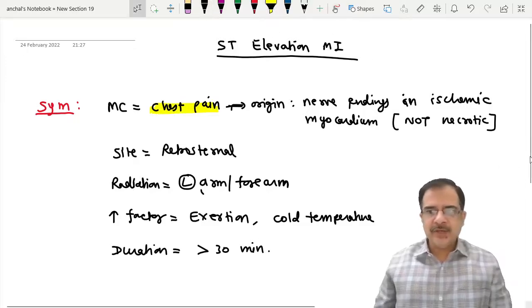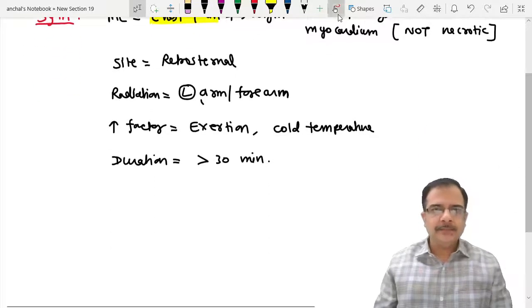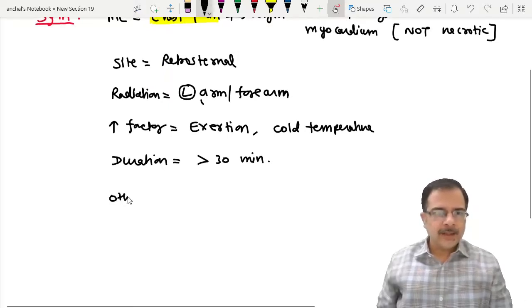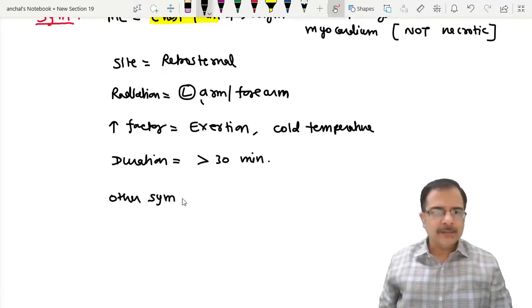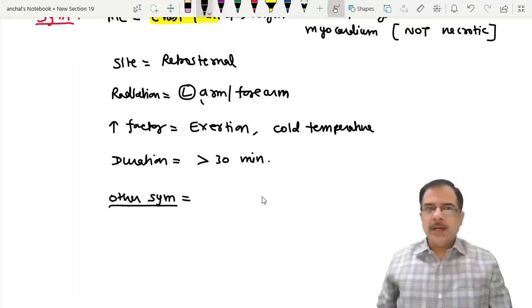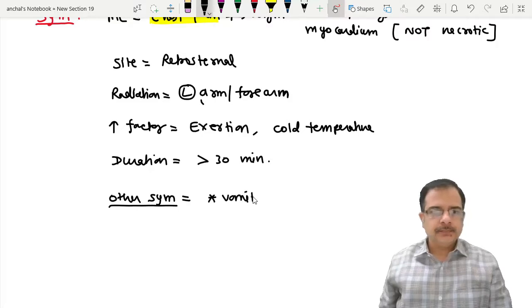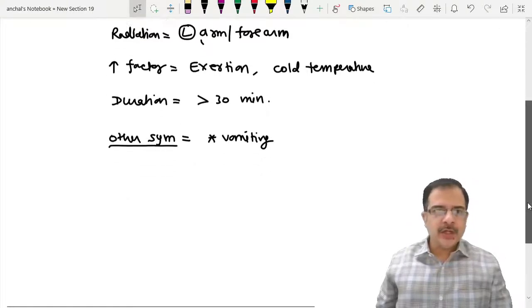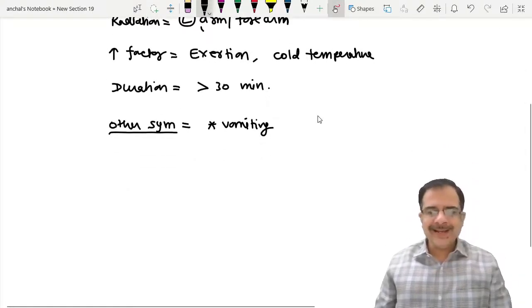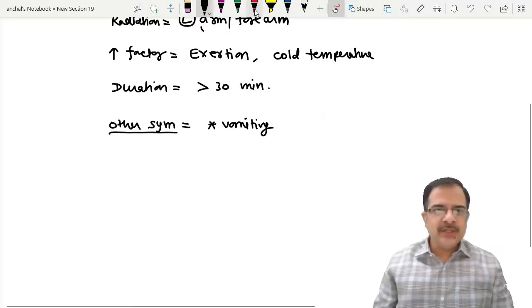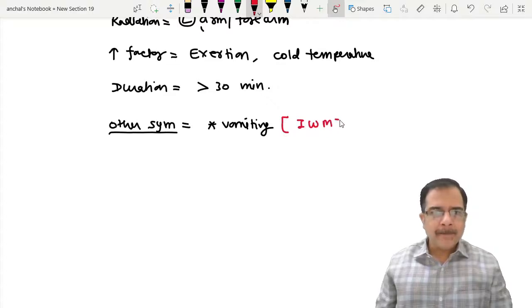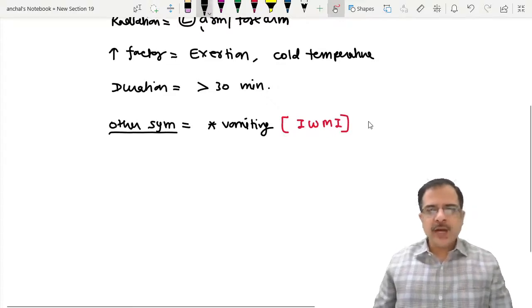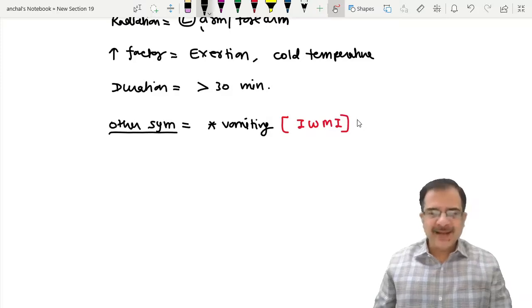Other symptoms which can be present include vomiting. So it can be confused with some GI disorder. The reason for the vomiting is, this is especially seen in cases of inferior wall MI. This is due to the activation of the vagal reflex as a part of